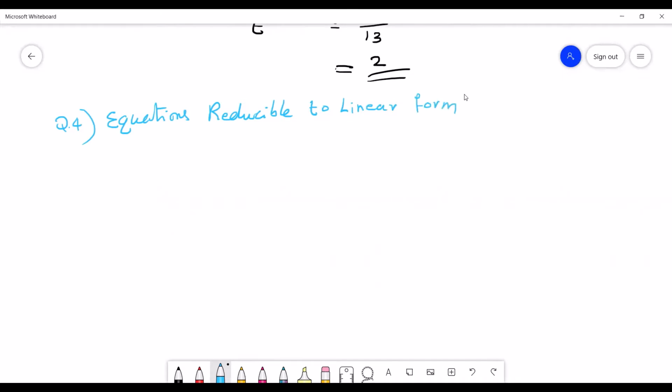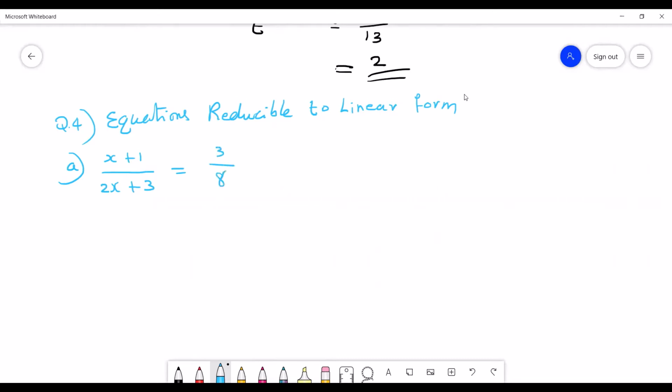When the power of the variable is 1, then it is a linear equation. The first question we are considering here is x plus 1 upon 2x plus 3 equal to